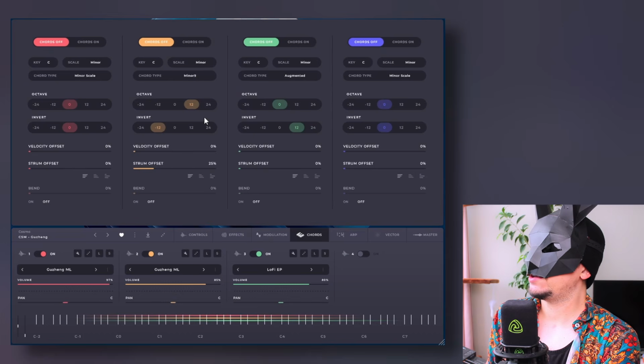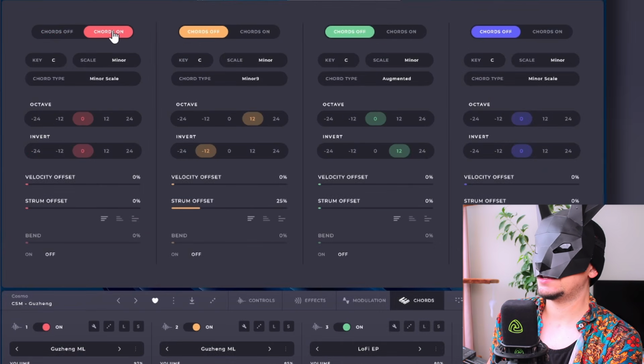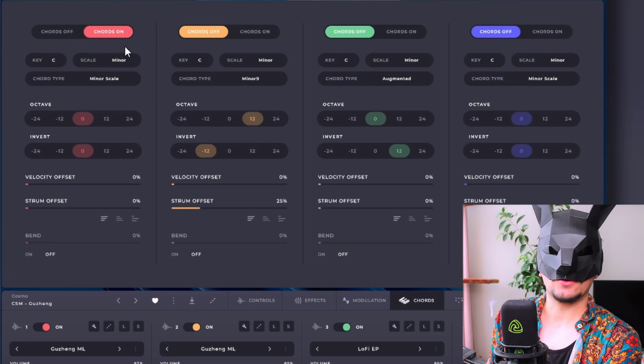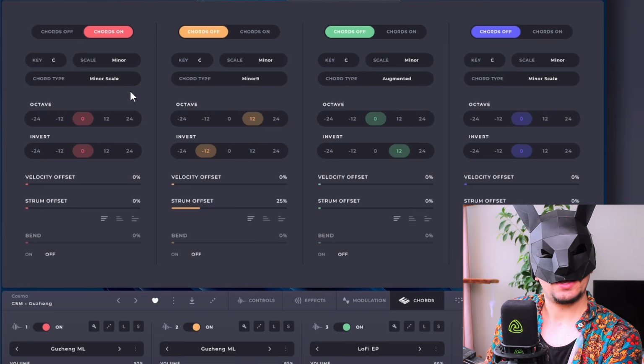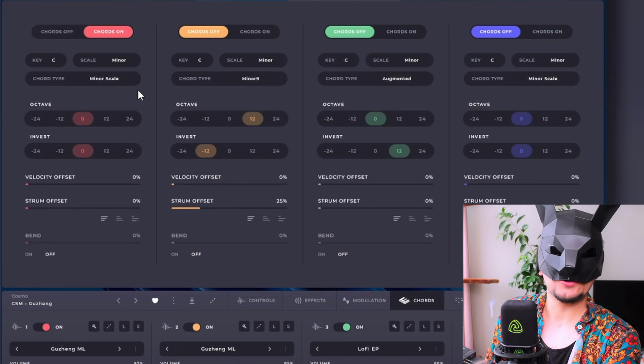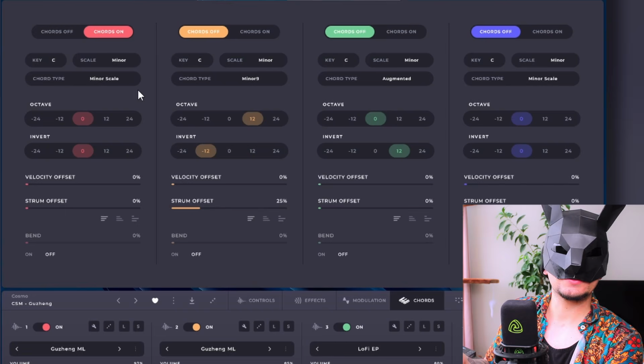But anyway, as I said, the new chord generator is super simple to use. You just activate it right here, and then you can select the key, the scale, and the chord type. Then each key that you press will trigger a chord accordingly to the scale and the chord type that you